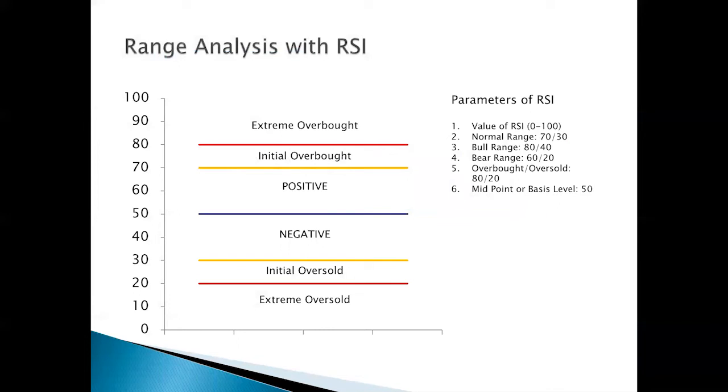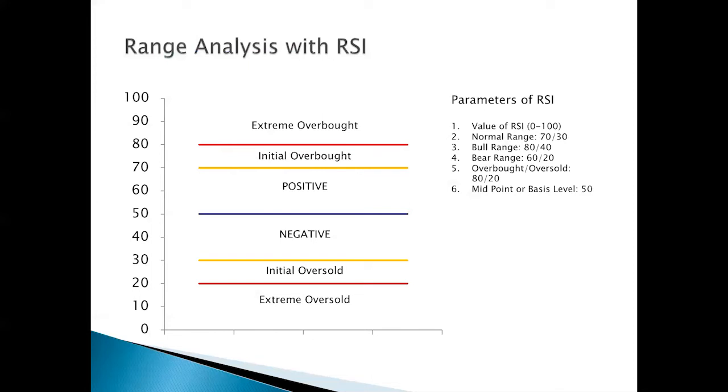Normally, with Wells Wilder's original, I never changed the formula or anything, but Wells would talk about divergence. He would talk about overbought and oversold. I use the words overextended to the upside or overextended to the downside. It's not truly overbought until you see a sell signal. It's not truly oversold until you see a buy signal or buy pattern.